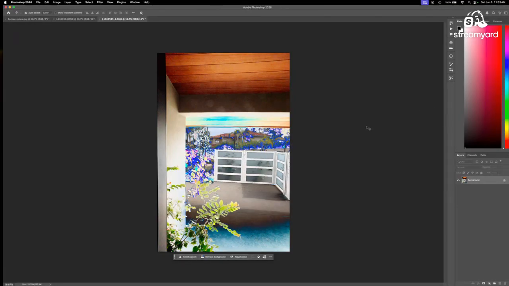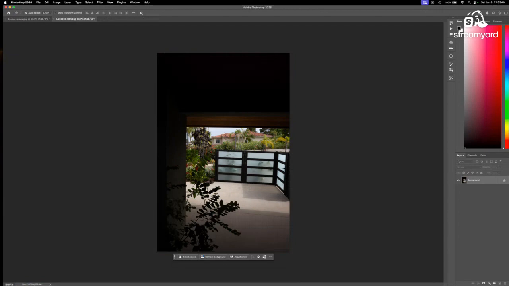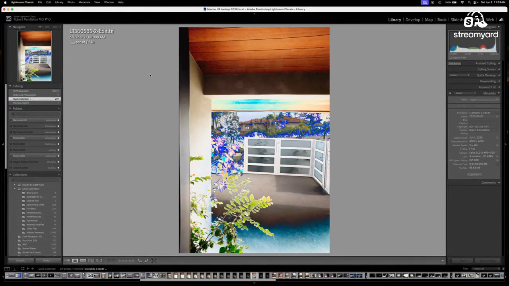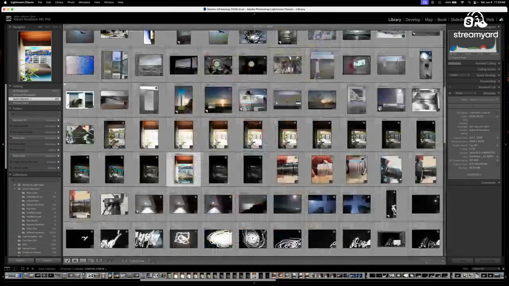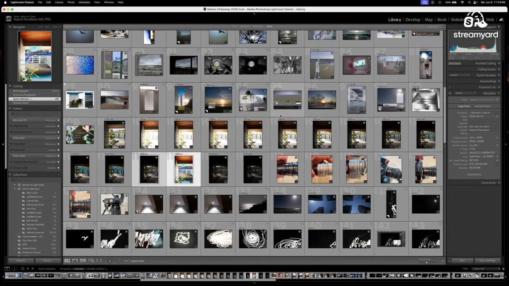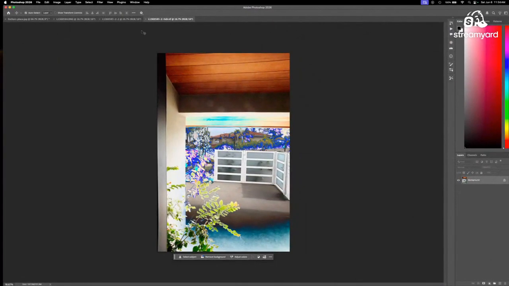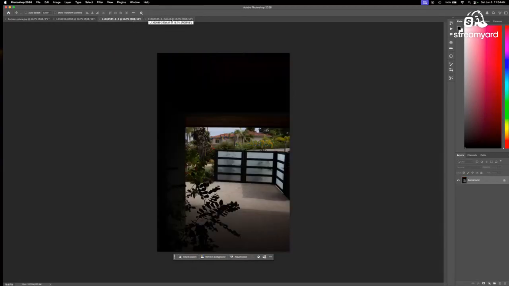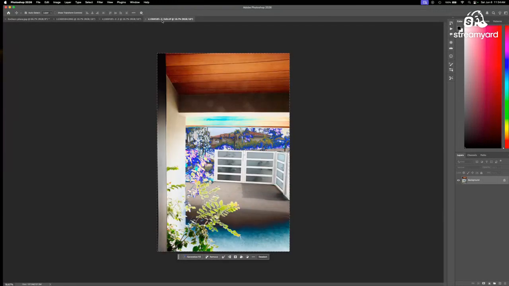And I like to save this in Lightroom, so I'll close the image out and save it from Photoshop. Takes a second to save it there. We'll go back to Lightroom. Here's the image has popped up. So now I'm going to gather that image and the original image, take them both into Photoshop. Edit a copy, sure. Here are the two images. We're just going to select all of this, Command A, copy it, Command C, go back to the original image and paste that layer on top. I don't think I copied it.